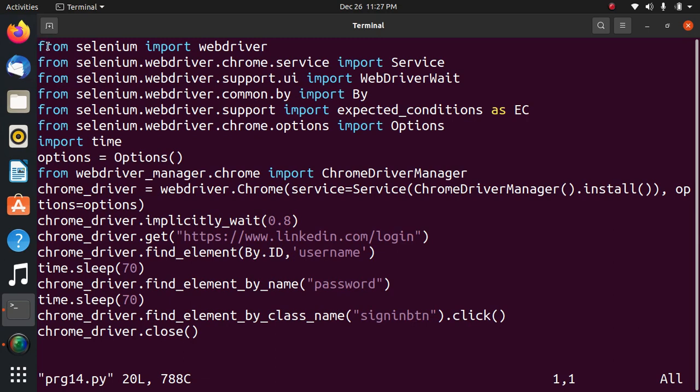First statement, from selenium import webdriver. It is used for Selenium WebDriver, an automated testing framework. Next statement, selenium.webdriver.chrome.service. It is used for a service class that is responsible for starting and stopping of the Chrome driver. The next statement,